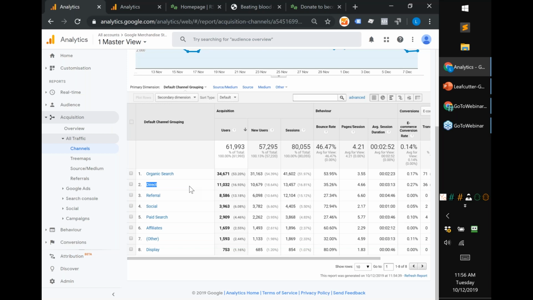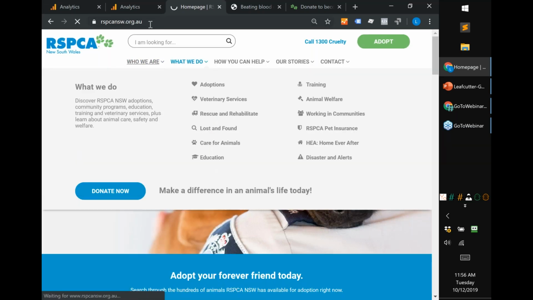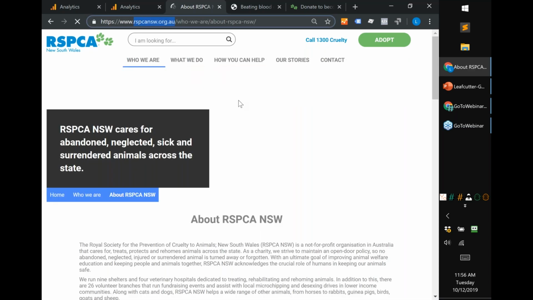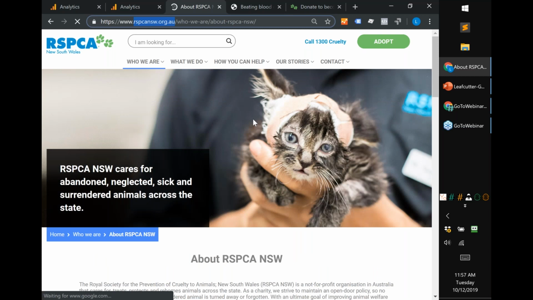Okay, cool. Yeah, you don't need to do the full URL. So let's say I'm on this RSPCA site and I'm on the 'who we are' page, I wouldn't use the full URL, I'd just use the domain. The domain is enough to say, here's the source of the link. Normally the referrer, the full link, is saved elsewhere in Google Analytics. I'd have to double check, sometimes it's dropped information, like it's not actually remembered. I'll just have to double check that one. But normally I do use the domain as the source.